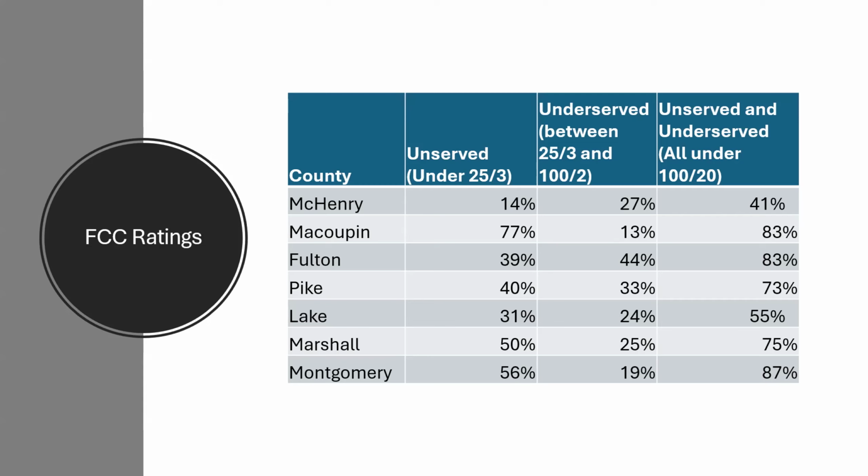So there's like 4 points of quality assurance before looking at that pool of responses that took speed tests that are getting calculated into these thresholds of being unserved, under 25 by 3 megabits per second, or underserved, which I'm just saying is between 25 by 3 and 100 by 20. So we're not double counting there. And then, of course, anything under 100 by 20, what's that percentage, that higher percentage there, everything that's under it. So there's that.